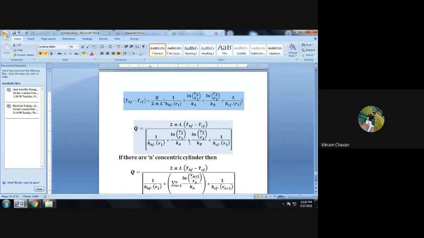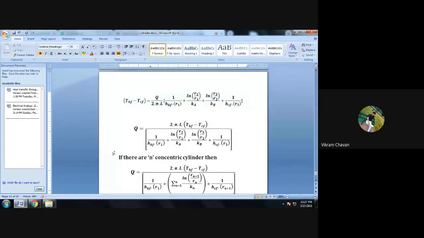Getting everyone? I have written this equation. Remember this equation, it is a useful equation. How to remember? Apply some logic, and anyhow you have to remember this equation. Is there any doubt, any question up till now? Have you written this equation?